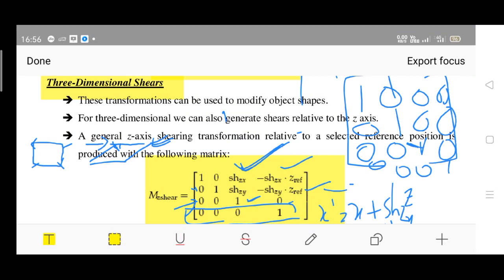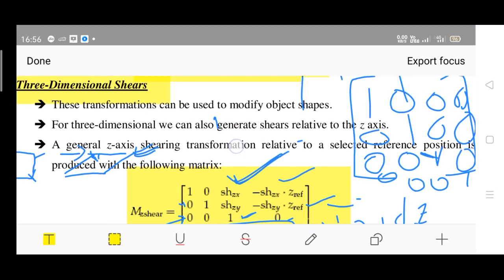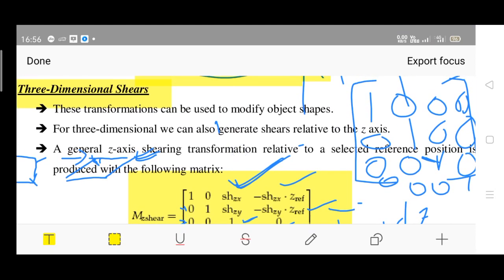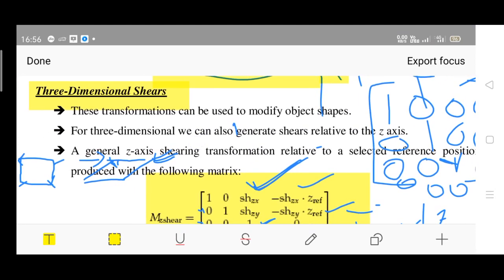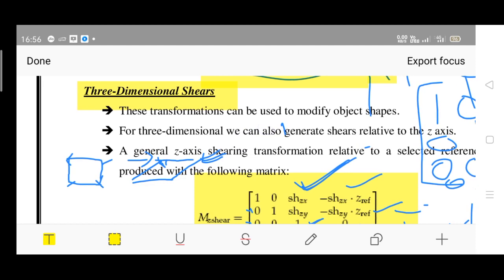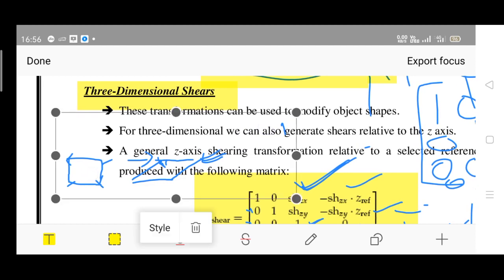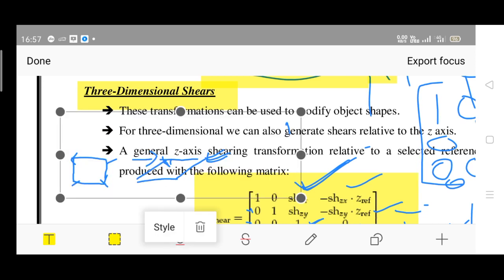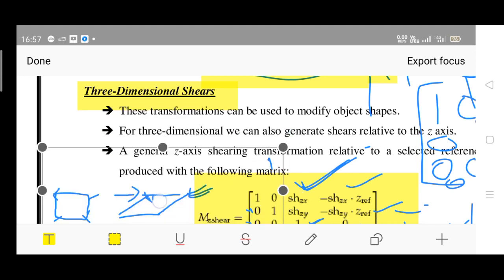Okay, shear is another kind of transformation which can be used to modify the object shape. Please recall the previous concepts, in the sense, the 2D shear concept you need to recall. The best example of shear is a chalk box. See here, assume it is the front view of the chalk box. Slightly if you push one of the portions of the empty chalk box, say the top portion, towards either right or left, how does it look? See, it looks like this. Just check the diagram which I am pointing, isn't it?